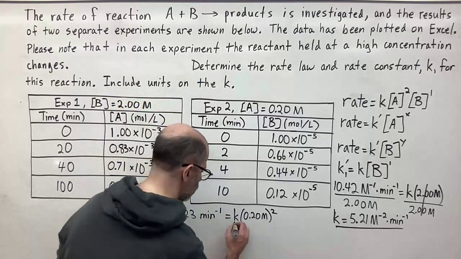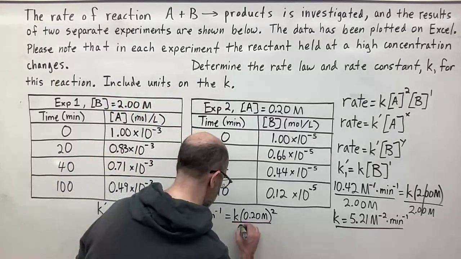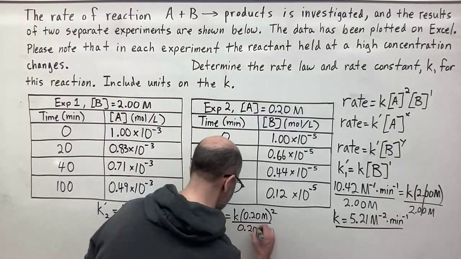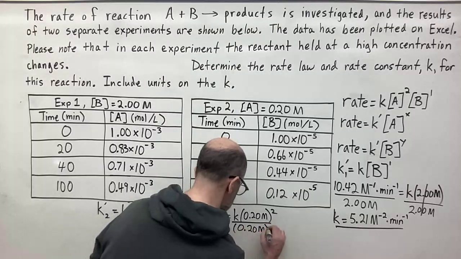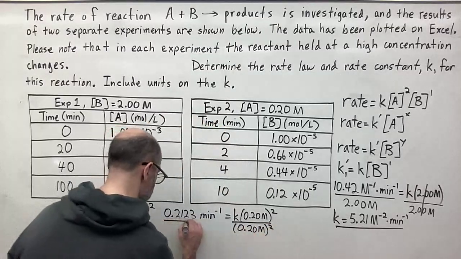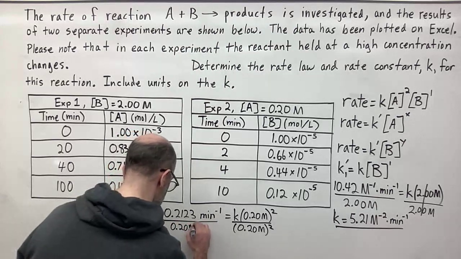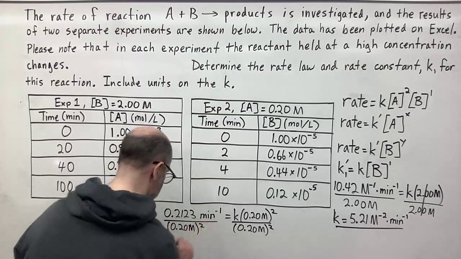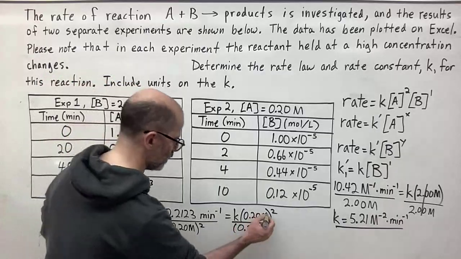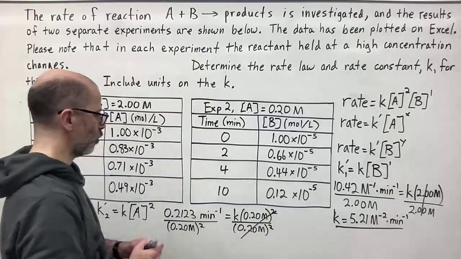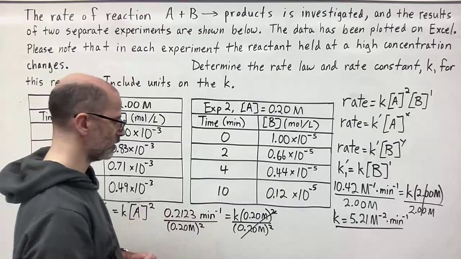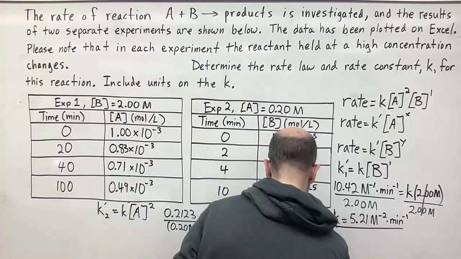And now all we need to do is divide both sides by 0.20 molar squared. So this cancels out. And so we have K equal to this. So when we calculate that,